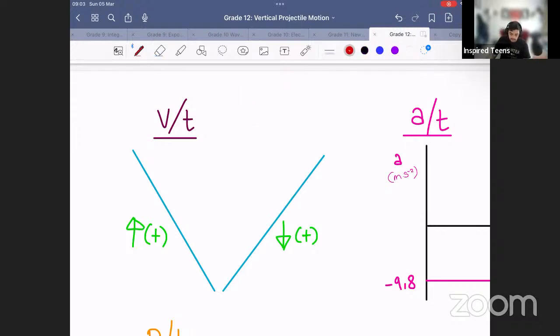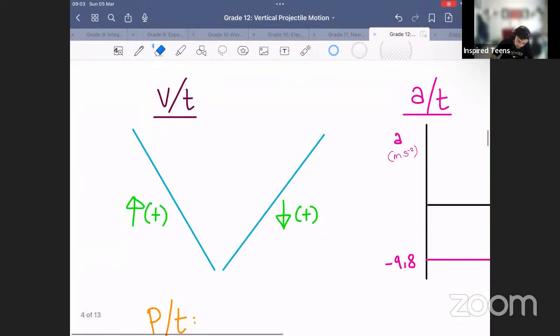Okay. So the first one on the left is when we take up as positive, our velocity versus time graph, all of the parts, all of the compartments of it are going to look like that. And this is for the vertical projectile motion section. Of course, in different sections, you can find velocity time graphs that look different, but this is strictly for vertical projectile motion. There's only two options. So when we take up as positive, right,